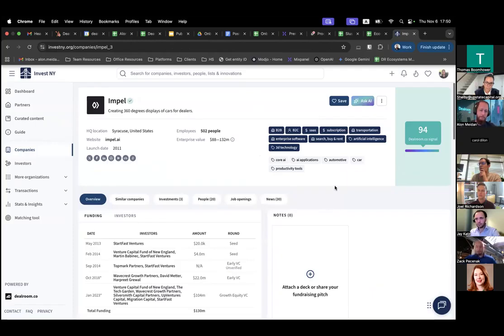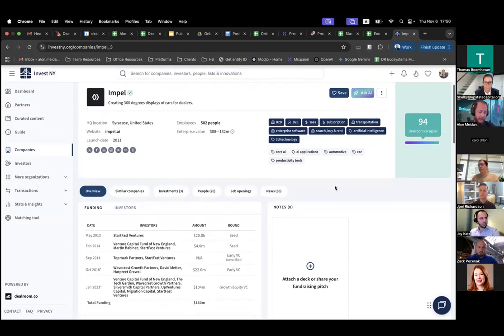What's important to remember here is that just as the features you see here are the same features as in a global app, the profiles and the data are exactly the same. So it's actually the same profile. You're just viewing it through the lens of the Upstate New York platform, which means that if a startup chooses to claim its profile and upload something like a pitch deck, or makes sure that their data is super precise, that makes them all the more attractive to investors from anywhere around the world who are using our global data platform to scout for investments.